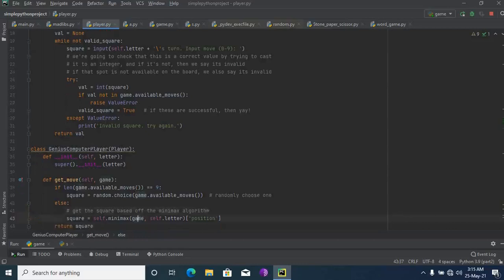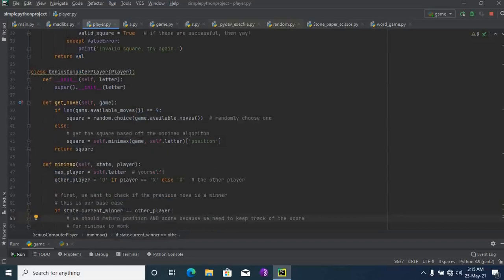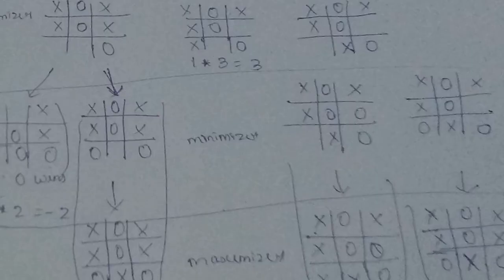Then the next class is minimax. Minimax is a decision making algorithm built on the maximizer and minimizer concept. The maximizer maximizes our wins, and the opponent minimizes its loss. Then it has 3 steps. First is the maximizer, that our player wins.